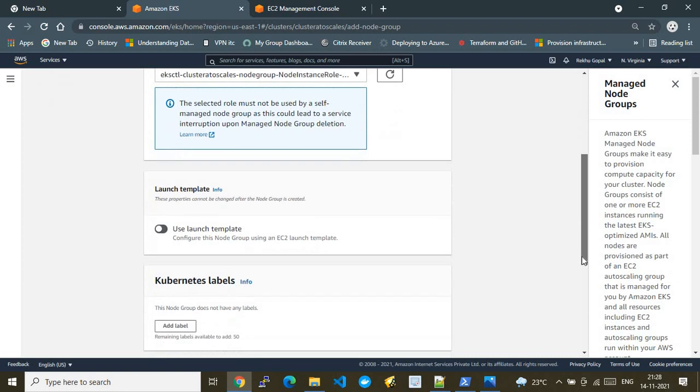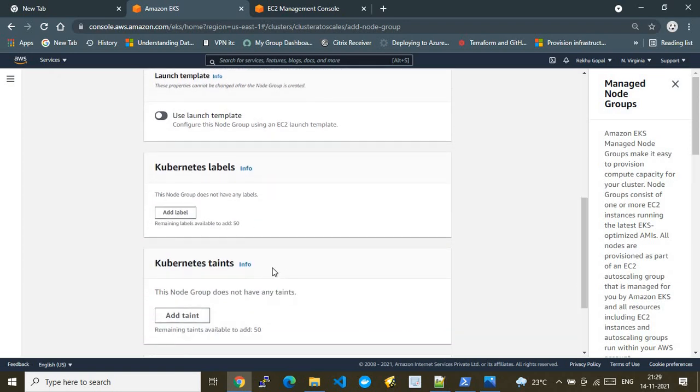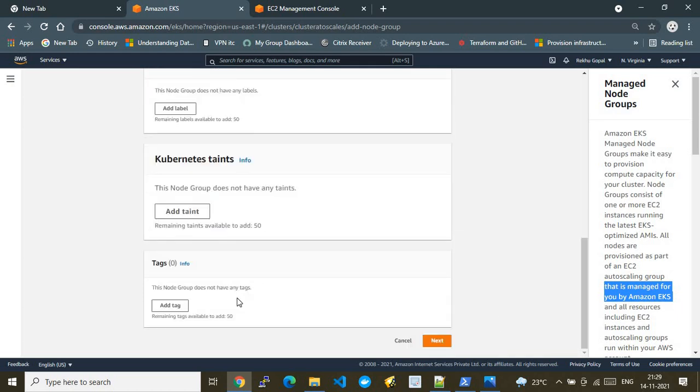Next, options we need to provide. Here I'm not giving any Kubernetes labels, since in this demo I'm just focusing on how the autoscaler works during high threshold or high network traffic levels, or when there is high resource consumption from the pod side. That is the main motive of this demo, and I will show you how it behaves during that time. All right.